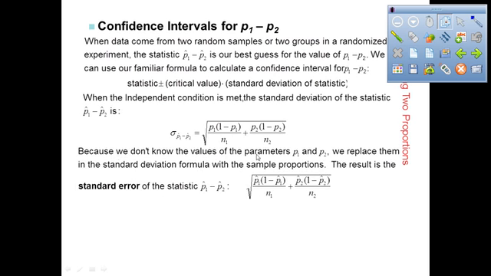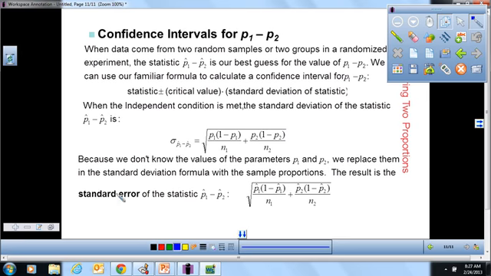So because we don't know the parameters of p1 and p2 when we're trying to find a confidence interval, because remember, a confidence interval is so that we can conclude something about an unknown population, they do allow us to put the p hat of 1 and p hat of 2 in the formula in order to find it. And remember, the result is called the standard error. Remember, that's where you all kind of got confused, when I started calling this standard error. This right here is standard error because